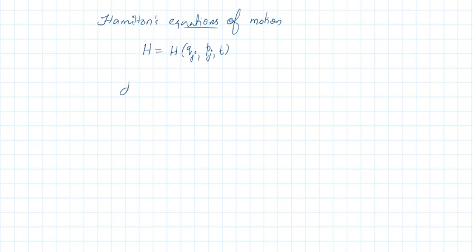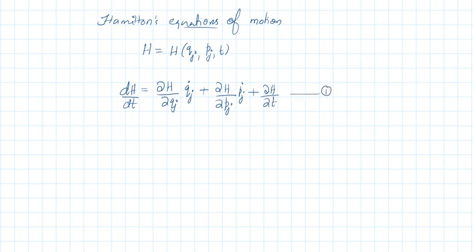Okay. Then what is dH by dt? It is dou H by dou q j into q j dot plus dou H by dou p j into p j dot plus dou H by dou t. Equation number 1. Also we have H is equal to